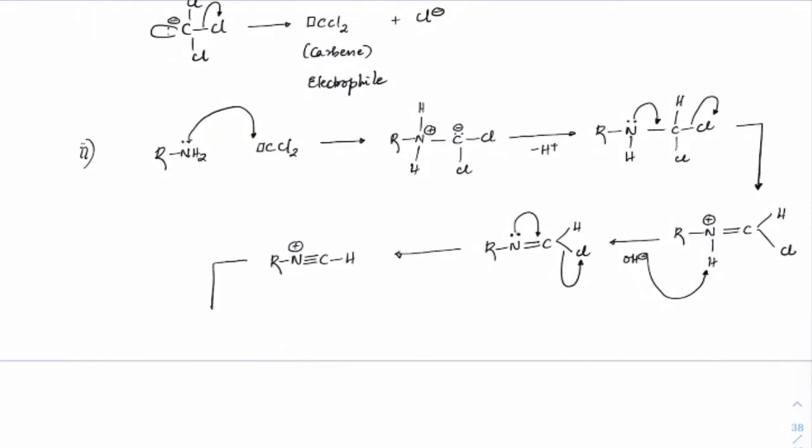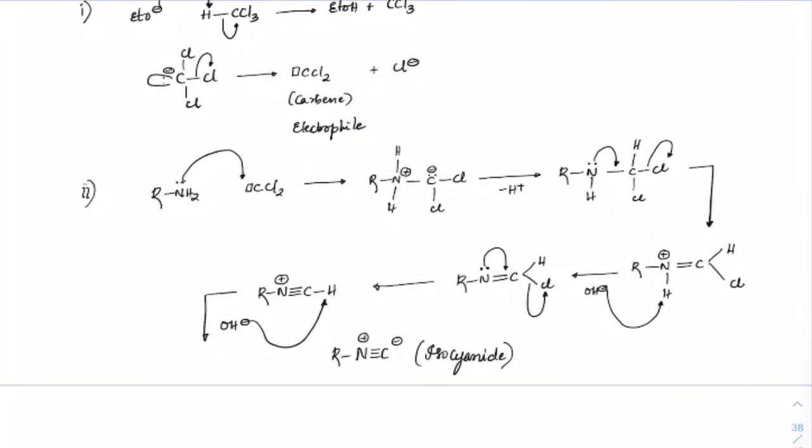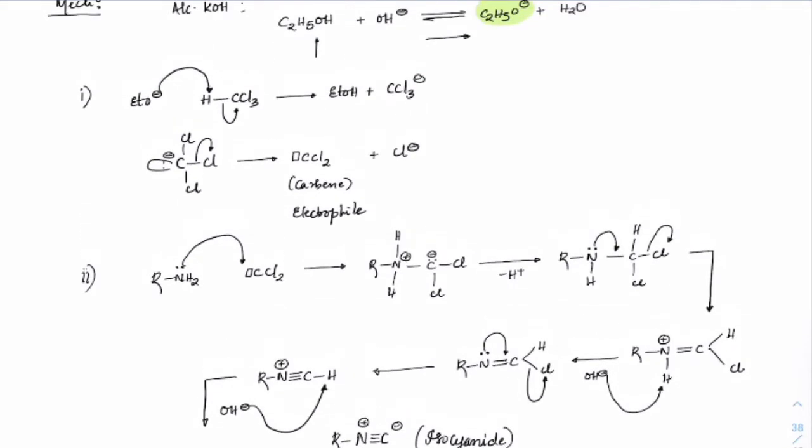And from here, if you observe, since the solution is OH, the solution is basic, it will extract this proton and make the final product R N triple bond C plus and minus, which is isocyanide. The reason for making this bond is because nitrogen and chlorine will make a stronger bond by relieving that chlorine. That's how the isocyanide is formed. Everyone make a note.